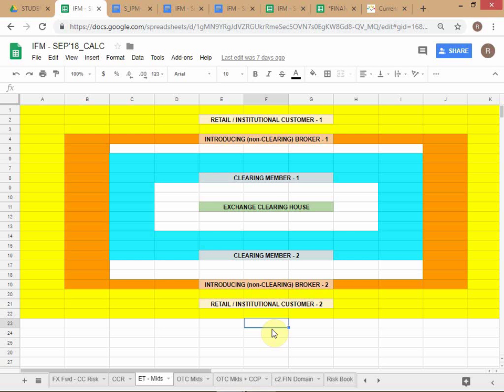So on 26/9 morning, Sher Khan has to pay $3,000 to the exchange, to the ECH, and then IB can take out $3,000. On this morning, they will credit the account of IB to the extent of $3,000, because they were long at 65 and now the price is 68. So the next morning IB will get $3,000 in their account, and SK will have to pay $3,000. It's clear to everyone? Okay, so this is how the system works, and it will go on like this every day.